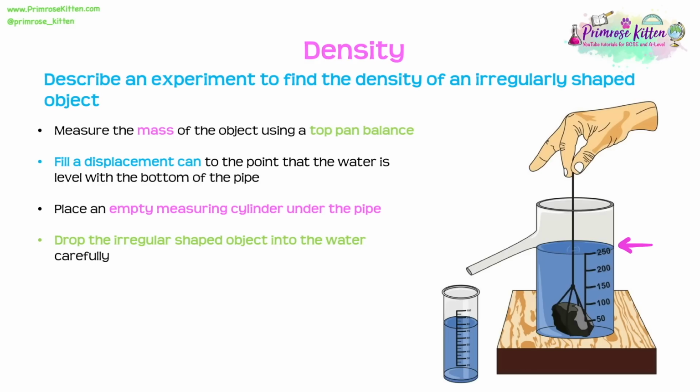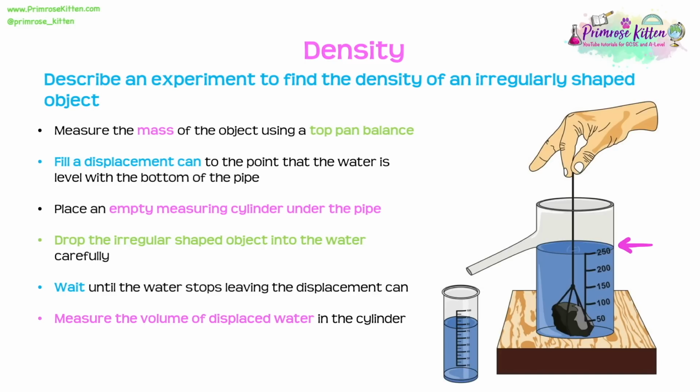Now you can see in this example here, we've wrapped some string around the stone so that we can lower it in slowly. And the reason why this is so important is if we just dropped it in, then water would likely splash everywhere and we would lose some water, which would distort our results. So we'll place it in, and then we're going to see water pour out of this tube. We're going to wait until the water stops leaving the displacement can,